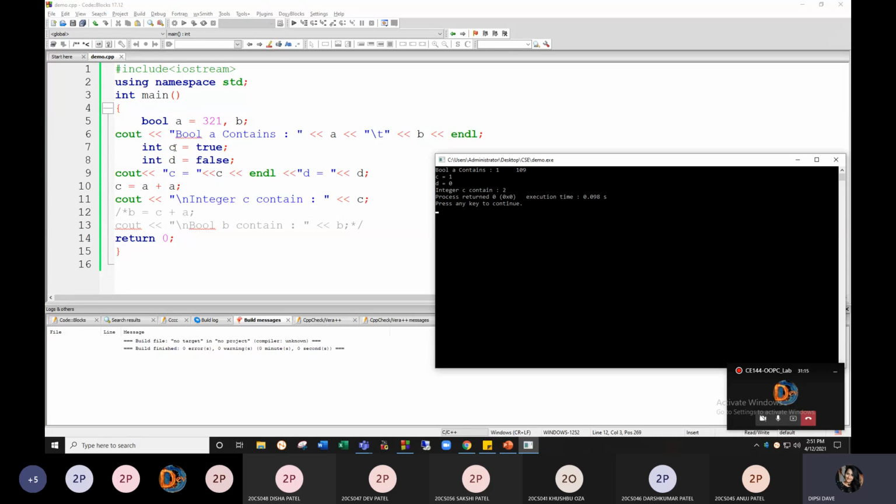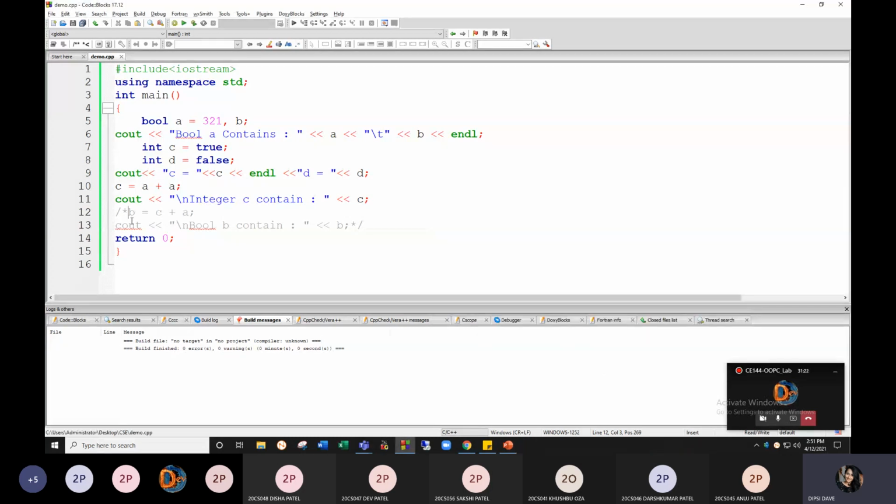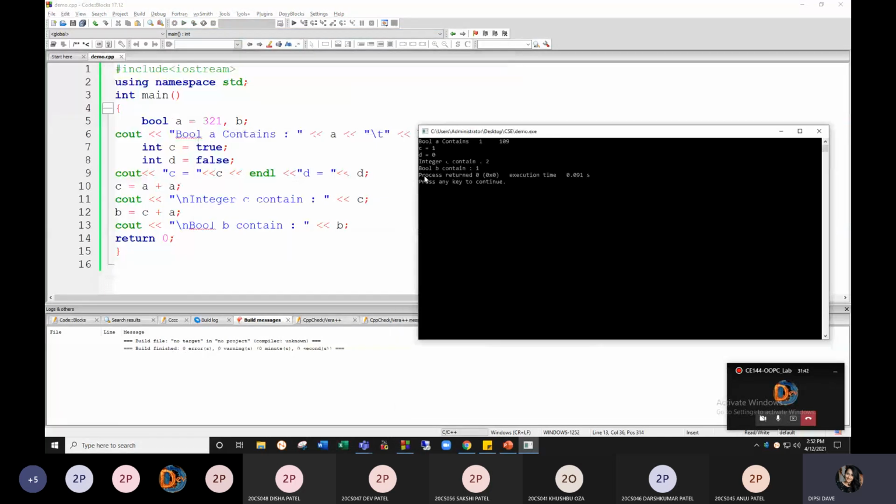So c is a normal variable, that's why 1 plus 1 equals 2. Right? Now let's see what happens over here. b is a boolean, right? So c is right now 2, plus a, and a is 321. So 321 plus 2 is 323. So let's see what happens. See, b is boolean, so that's why 323 is nothing but true. So true will be 1.